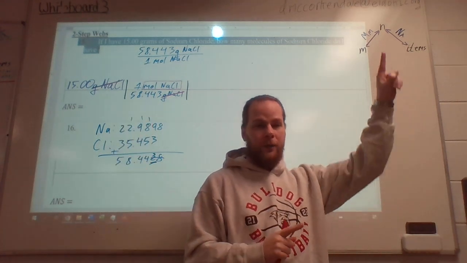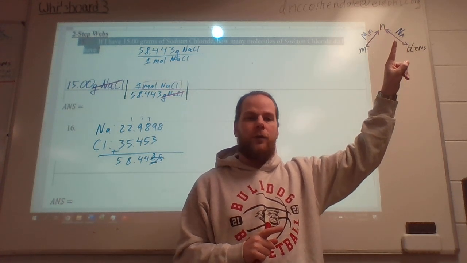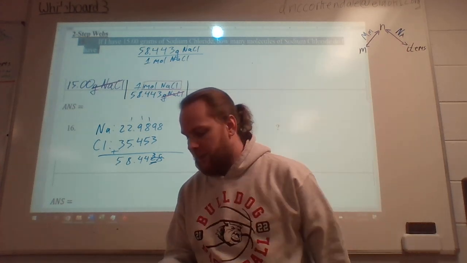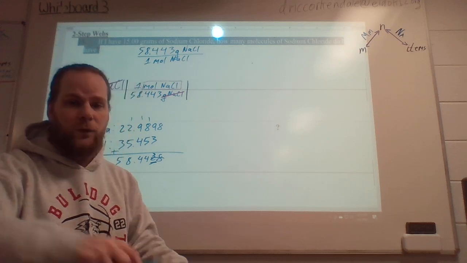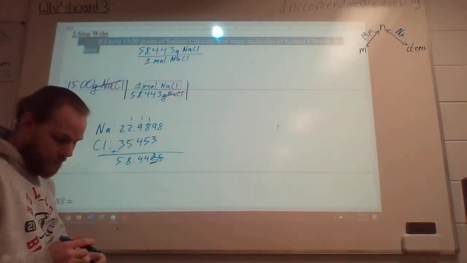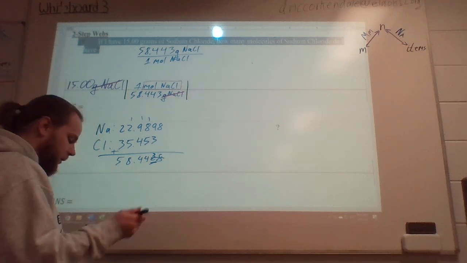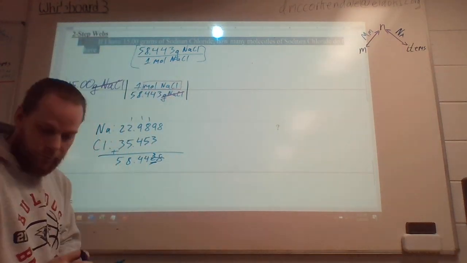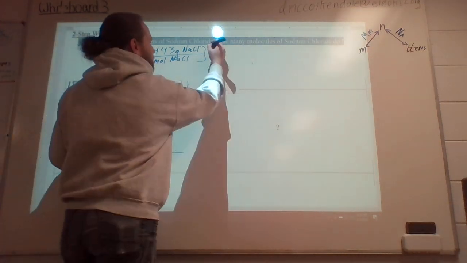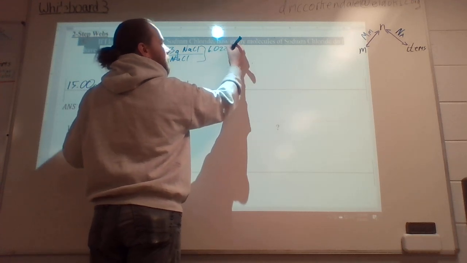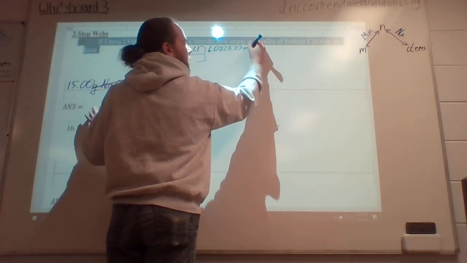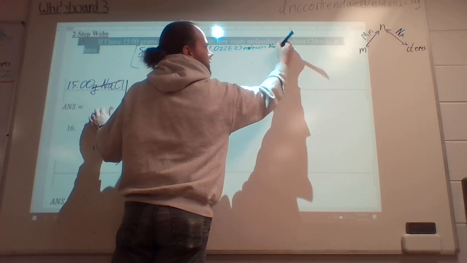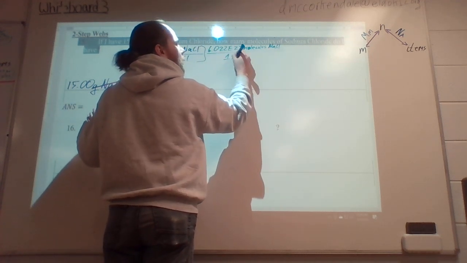So we're going to go on now. We've made it here. Now we need to cross the second arrow to get to items, which means now we need to use Avogadro's number. Now Avogadro's number, we don't have to do a calculation for it. We just know it. We just have to put the right units on. So I didn't put my brackets on this, which figures because this is the first time I actually need them. So now Avogadro's number is 6.022 E23. That's going to be molecules because this is a compound, and that is NaCl all over 1 mole